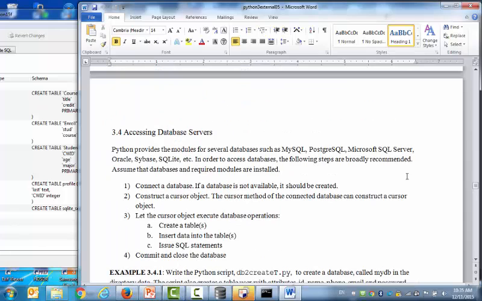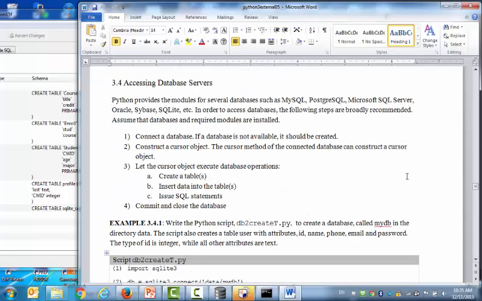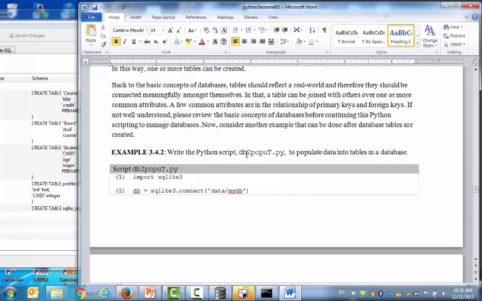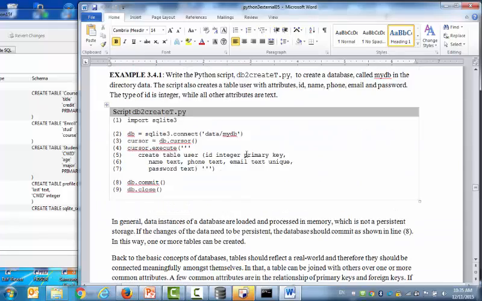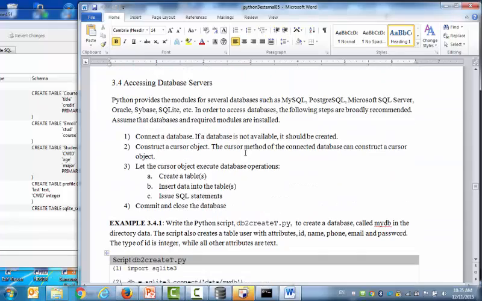Accessing database servers. As I explained, three ways, right? Oh, wait a minute. No, I didn't say that here. This is only for Python. So